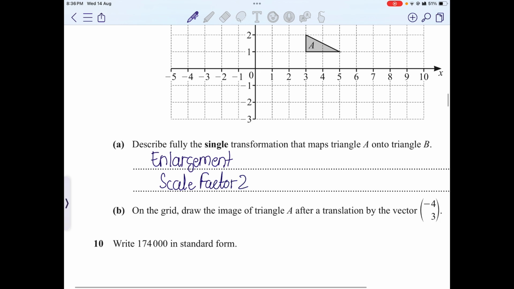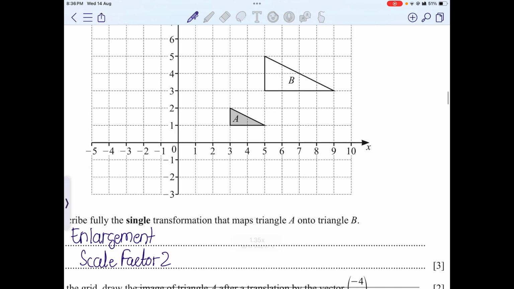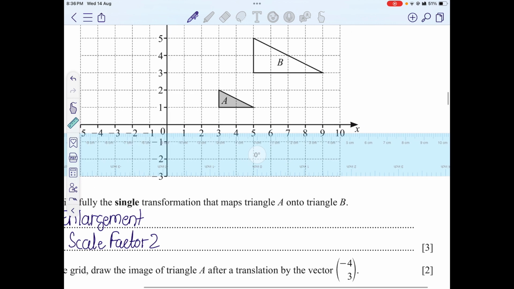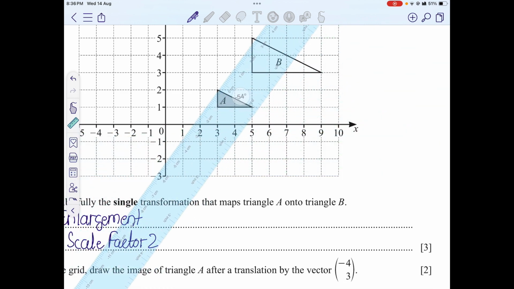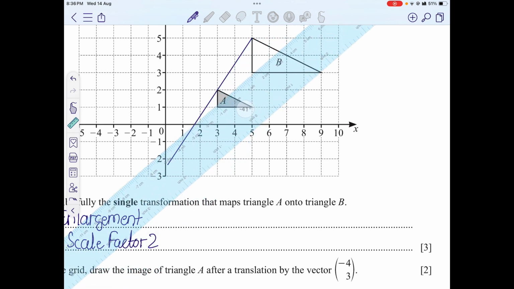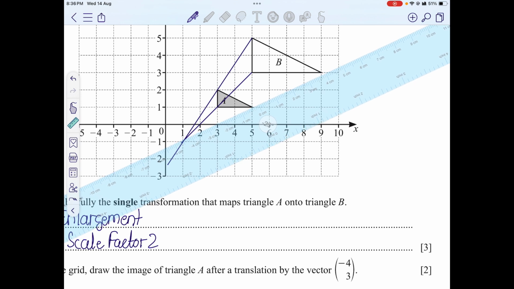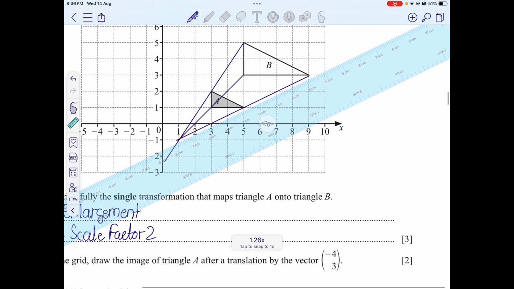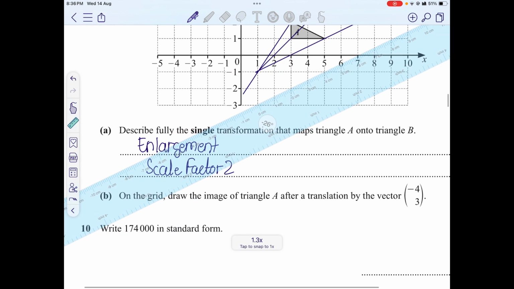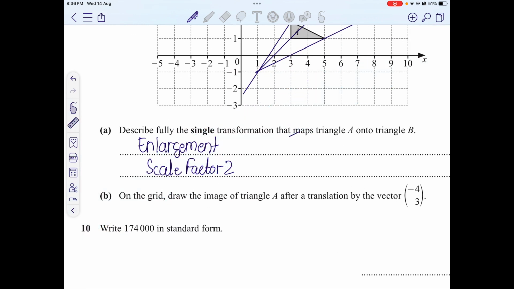If you want to find the center, you would just take your ruler, which I'm taking here, and then you would draw a line from the corresponding points. You can take 2 corresponding points or 3 if you want to be more precise with your answer, but 2 is usually enough. And then the last one, if you want to take this third point as well. Yes, so as you can see, they're all meeting up at 1, negative 1, so that would be the center. Center, okay, center